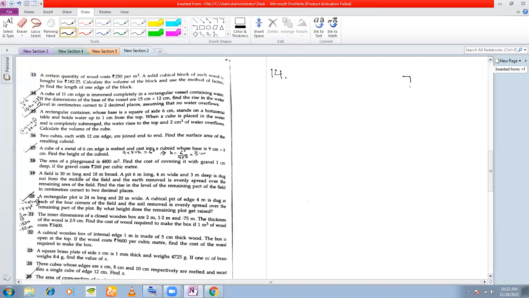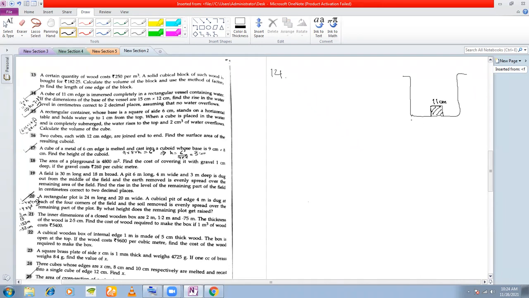So let's say you have a vessel here. A rectangular vessel, obviously. Say the base is a rectangle here, although it would be very difficult to draw. But imagine the base to be a rectangle, because I can't draw the cube if I draw the base. Now in this rectangular vessel, you have a cube placed. And what is the side of each of this cube? It is 11 centimeter. And the dimensions of this vessel are 15 by 12.